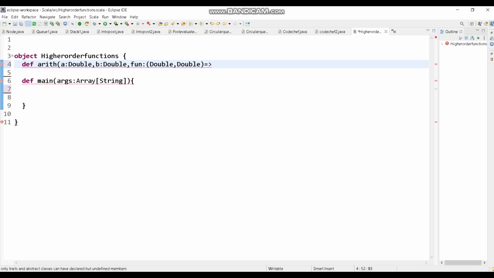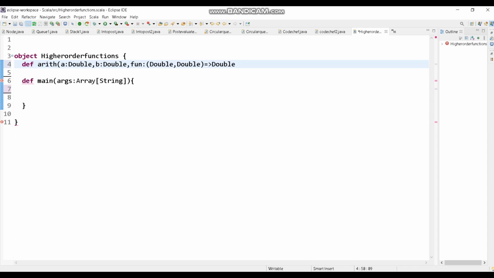What is the data type of the result that is returned by this function fun? As double and double returns double, the data type of the result is also double.